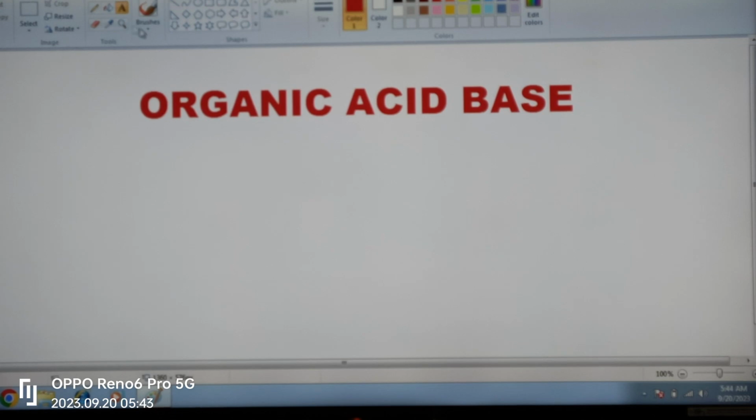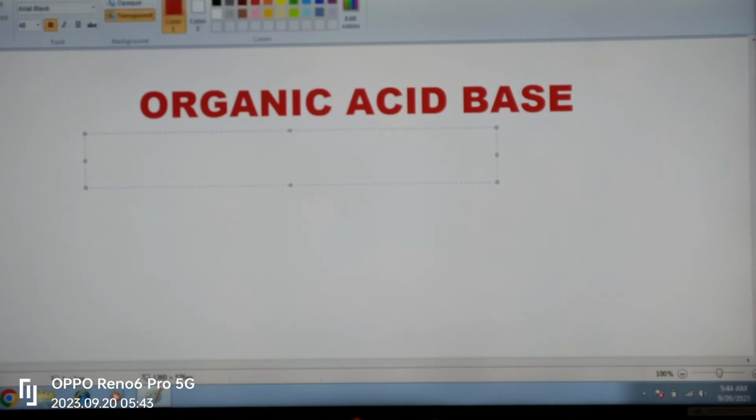So the first one is that acid base depends on the stability of the conjugate base. The acidity of the acid depends on the stability of the conjugate base, and the basicity of the base depends on the stability of the conjugate acid. So point number one is